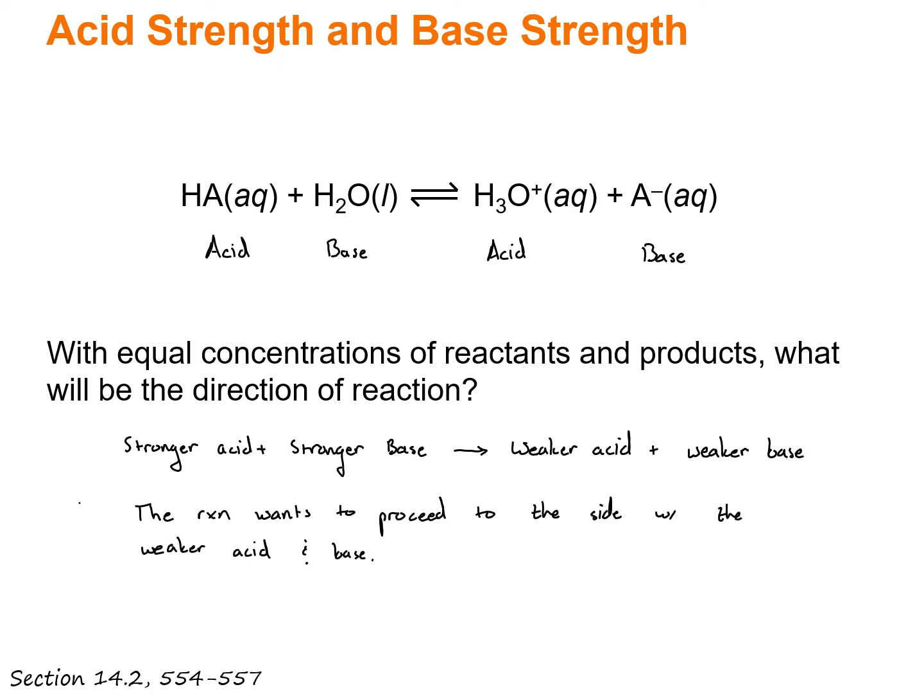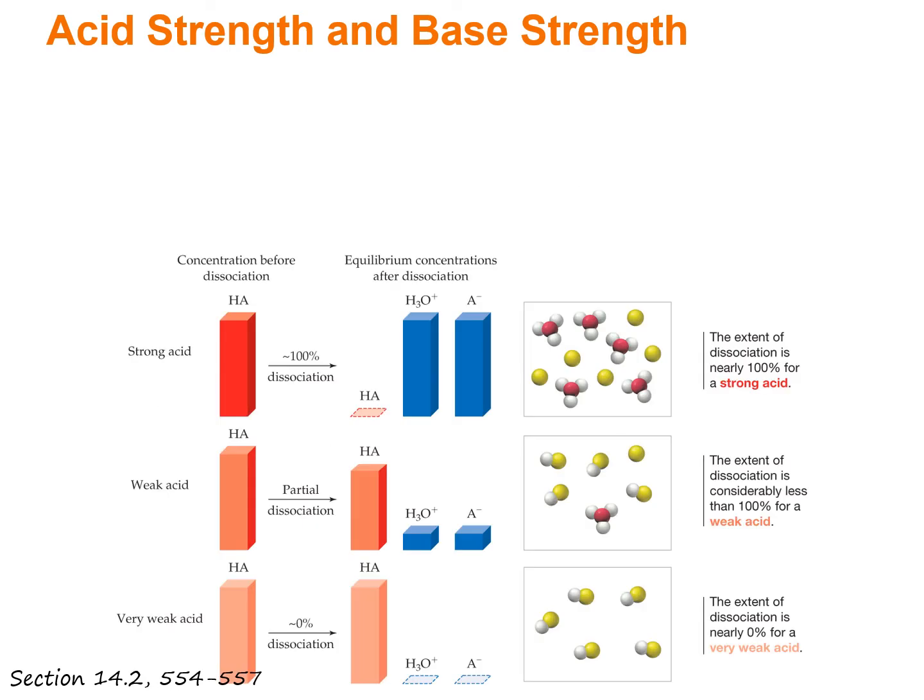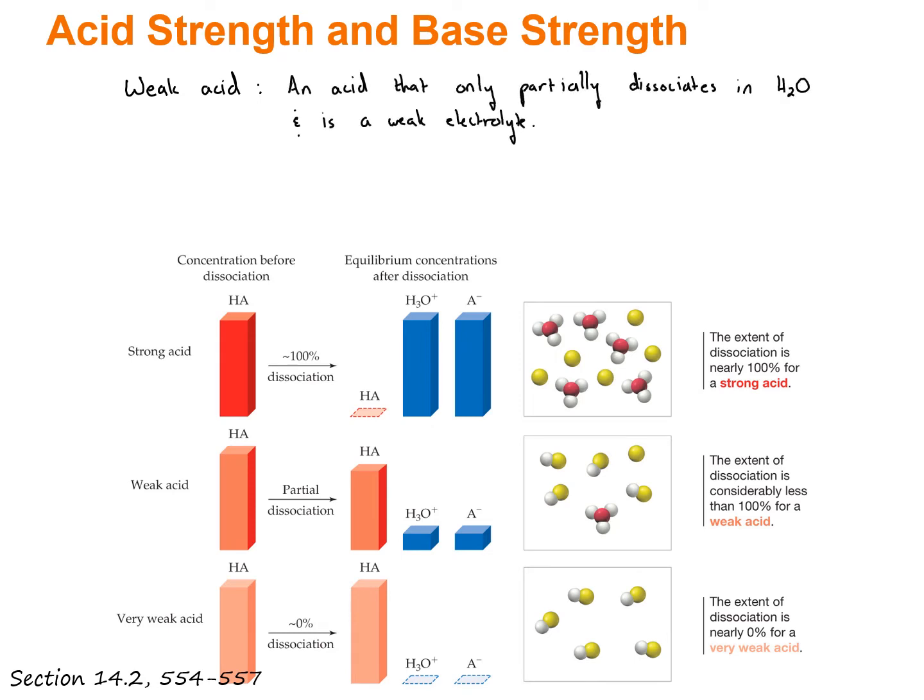And like I said, it's always sort of trending towards that weaker side of the reaction. What is a weak acid, though? A weak acid is something that only partially dissociates in water, and it's considered a weak electrolyte. So you can see there in the middle example, there's only a partial dissociation. Most of the HA stays in its current form, but a few of them break up to form the hydronium ion and a little bit of A minus, but most of it stays intact, and that's what we consider a